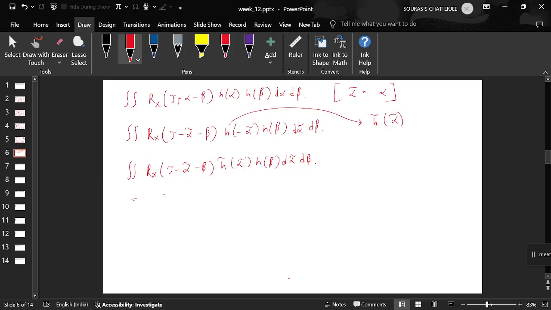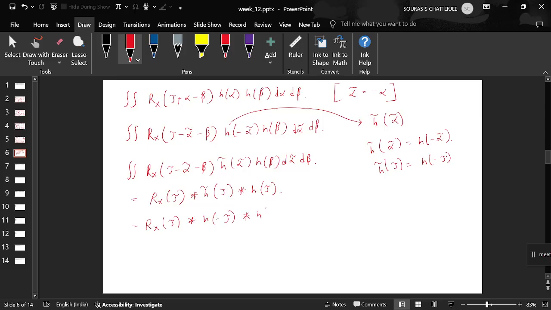So this is nothing but the convolution of x with the convolution of autocorrelation function with h tilde and h. So that I will write as Rx of tau convolved with h tilde and h. So we have seen that h tilde of alpha tilde is nothing but h of minus alpha tilde. So that means h tilde of tau is equal to h of minus tau. So that means this convolution here, if I write in terms of h only, is Rx of tau convolved with h of minus tau convolved with h of tau,